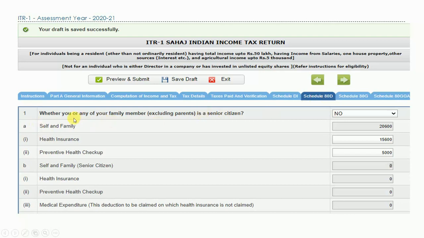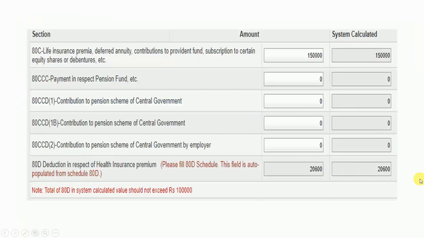The first question is whether you and your family members, excluding parents, are senior citizens. If senior citizen, you can choose yes, otherwise no. For self and family, if you have any health insurance premium, you can mention the premium amount here, and there is preventive health checkup, that is master health checkup, where the maximum cap is 5,000 rupees. If you have any medical expenditure, you can update it here.